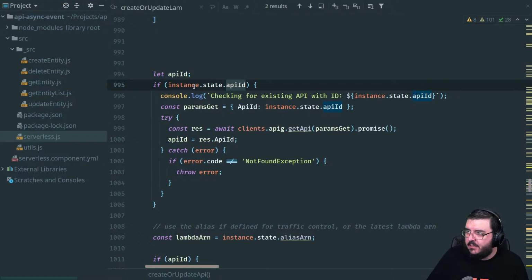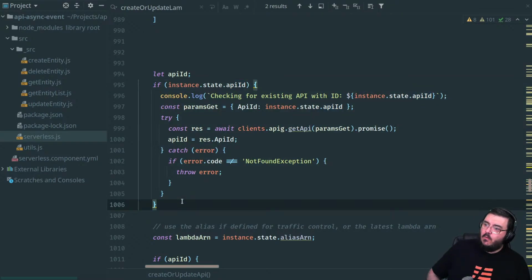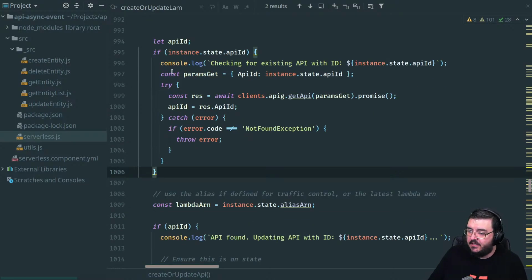This is going to get the existing. So instance state is central state storage for components provided by the components core. We didn't have to do anything there. That's done for us. Nice feature of components. We need to decide what to store in the state. And because we're using the express component, we're just reusing some of the code that defines this. So that makes it a little bit easier for us. And this is handling creating the initial API. Okay, so we don't need to worry about that. We're going to need a single API for all 5 of our Lambda functions. Let it look for that.